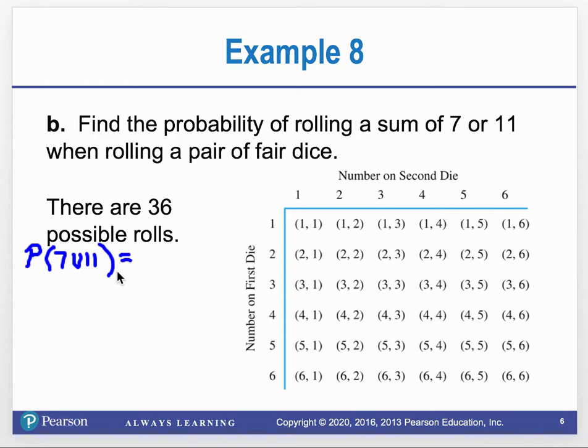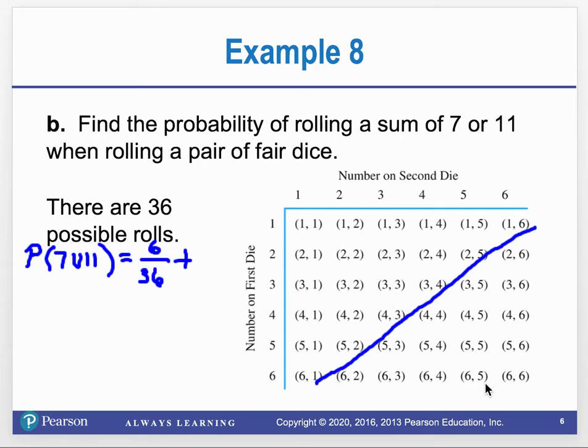And notice how handy this little chart makes it. Look, all of these are the 7s, right? Notice this is your diagonal of 4s. This diagonal is all 5s, etc. So I'm going to find the probability that I roll a 7. 1, 2, 3, 4, 5, 6 different ways that can happen out of 36 possible ways,